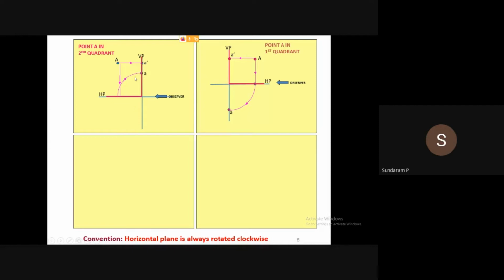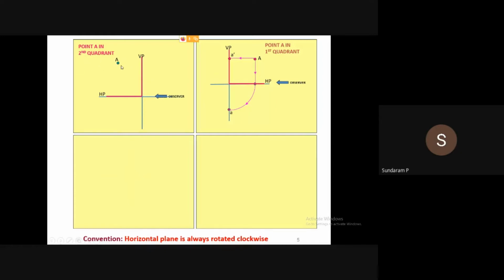So how do we define the lengths? A dash is some distance, and A is a distance from the ground. How can we define that? Here I can tell you once again. We are getting the front view. Now the observer is standing here, the location to assume is where the observer stands, and you get the view. So now the observer is looking over here.